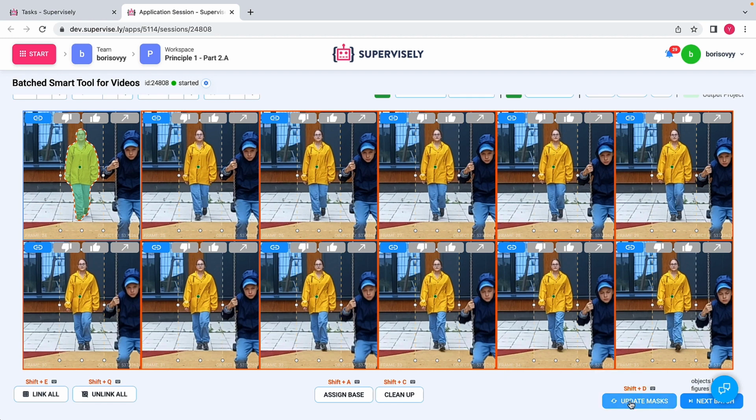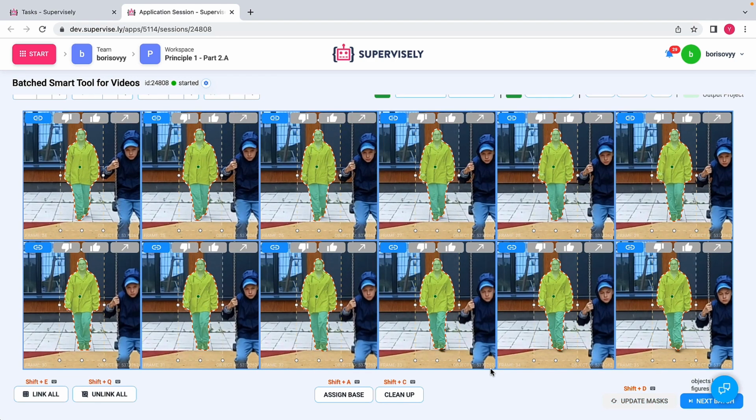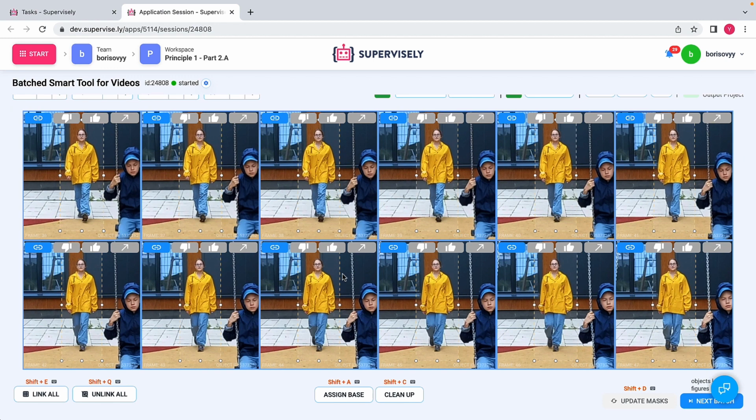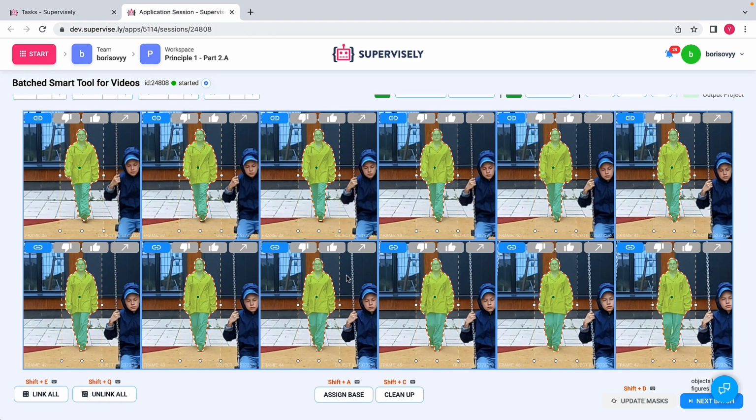Okay, let's update the mask for all the detections here. Again, if we see that something is not that precise, we can probably unlink and put a dot to adjust just the last one. Okay, let's do this last one. And since the position of the person is not changing much, we might be quite efficient in obtaining masks